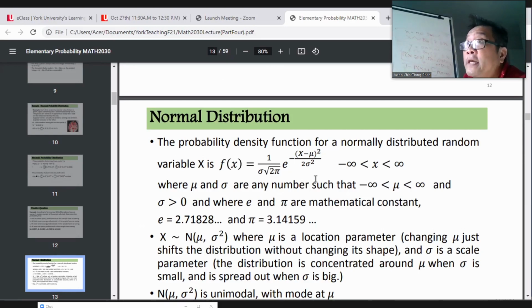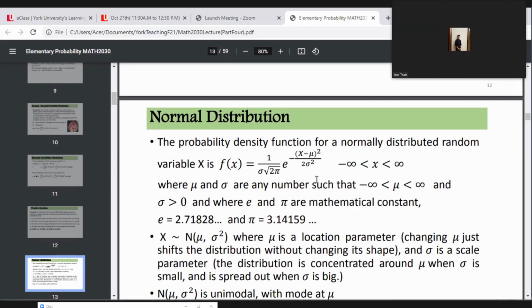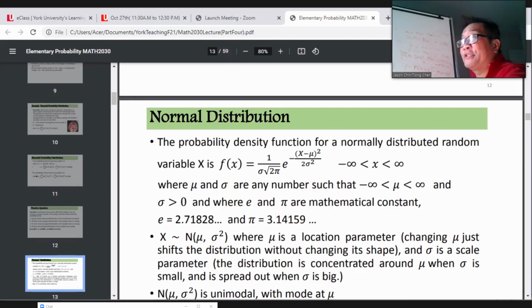Some functions are very complicated. Do you know the gamma function? Gamma is basically a factorial. If you are interested in gamma functions,